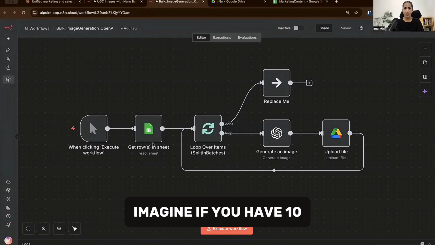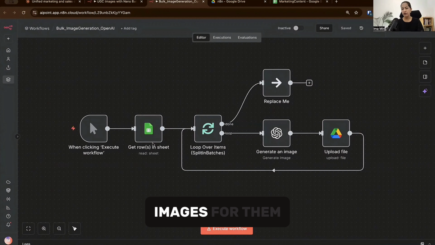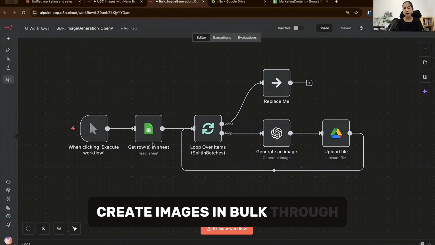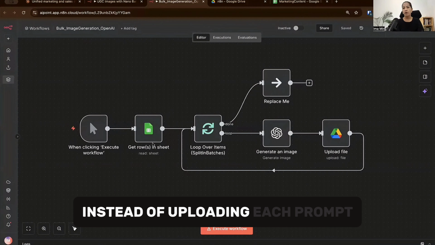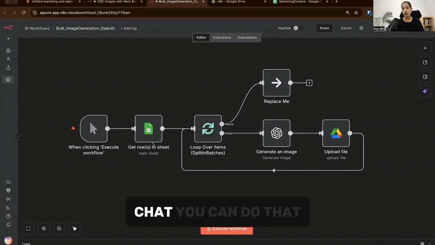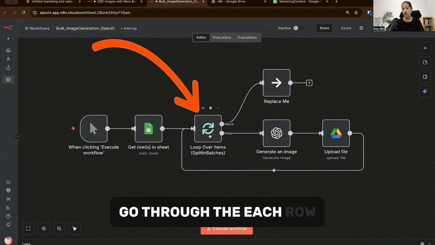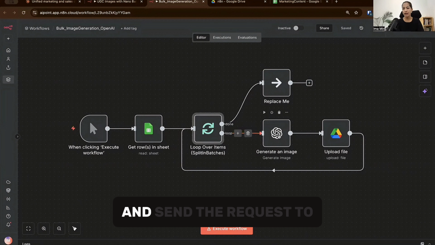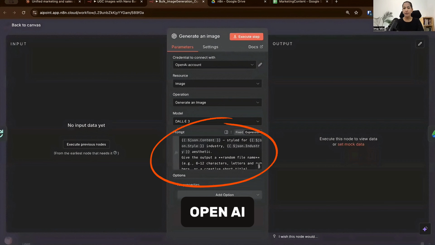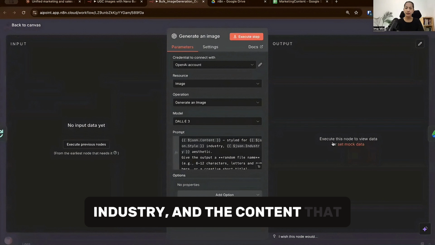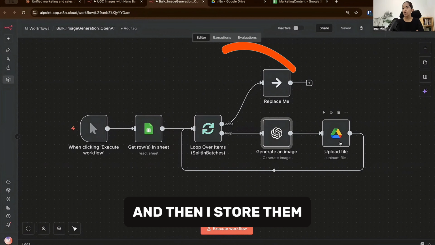Imagine if you have 10 prompts that you want to generate images for, you can simply use this workflow to create images in bulk through the OpenAI API. Instead of uploading each prompt one by one to the chat, you can do that. You can also integrate this with the rest of your tech stack and generate images at scale. This node goes through each row in the sheet and sends the request to OpenAI for generating the images based on the style, industry, and content that you provide,